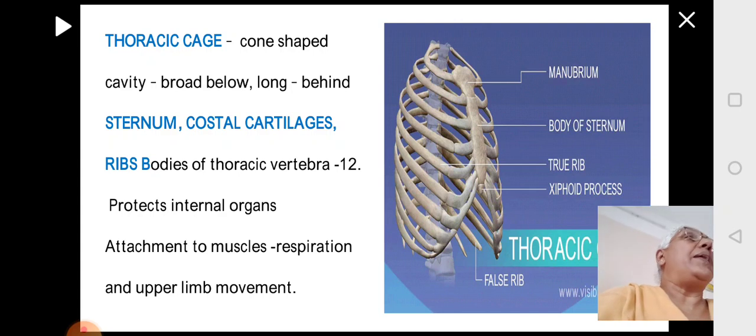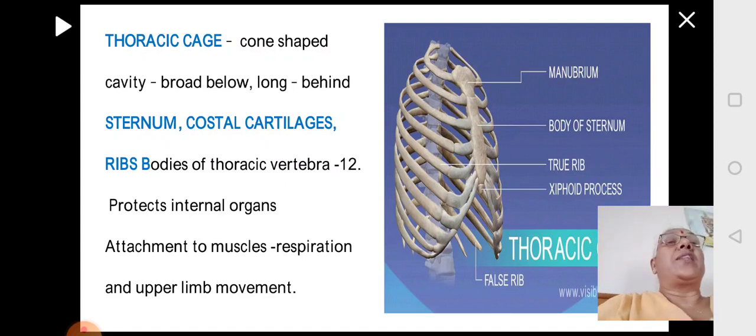So with that we completed the vertebral column. Now the next part, what we have to study in the axial skeleton. In the first class we did the skull, which is a part of the axial skeleton. Then we did the vertebral column. Now we will look at the thoracic cage. The thoracic cage is the bony structure which supports the thoracic cavity, inside which important organs like the lungs, heart and upper part of the digestive tract are located.